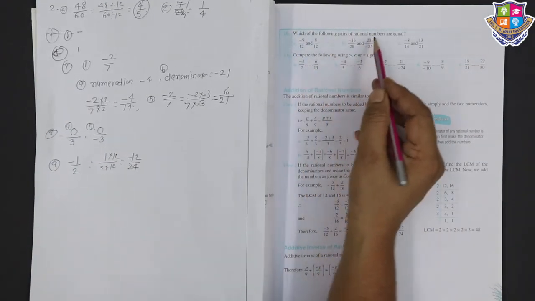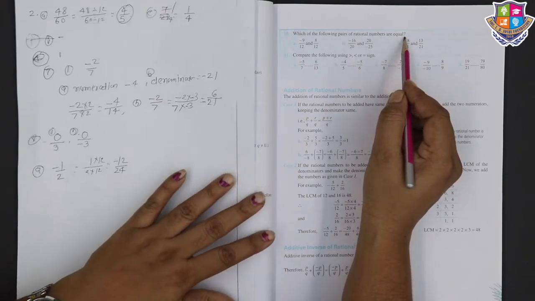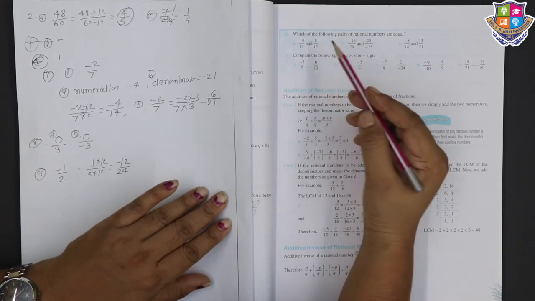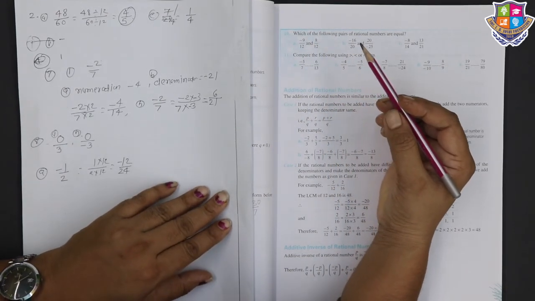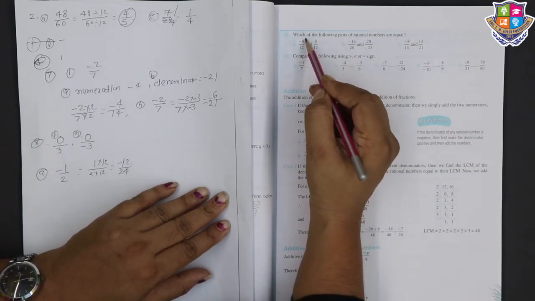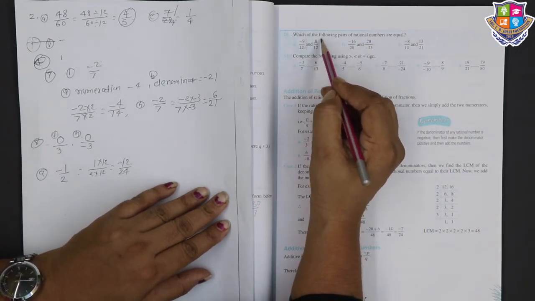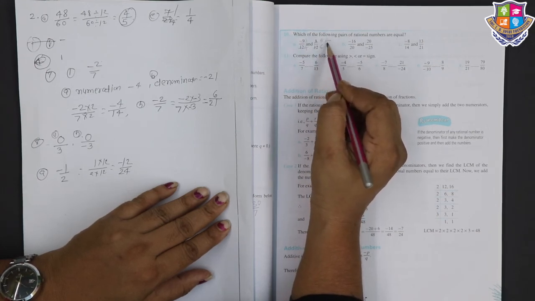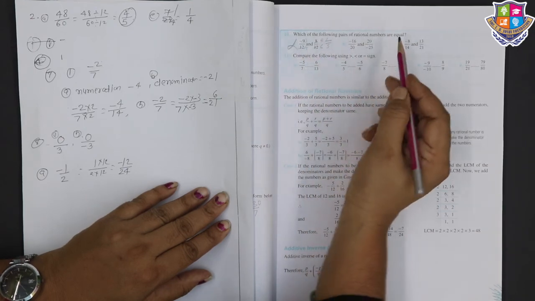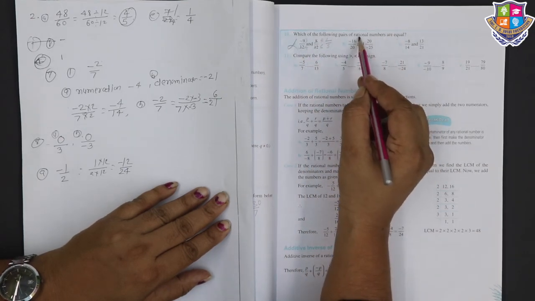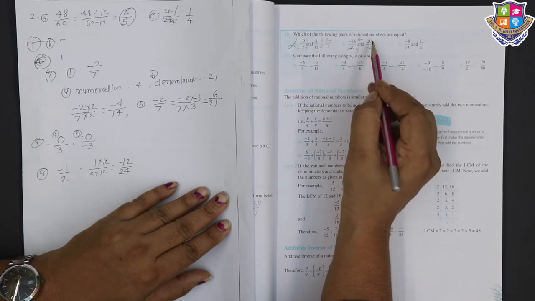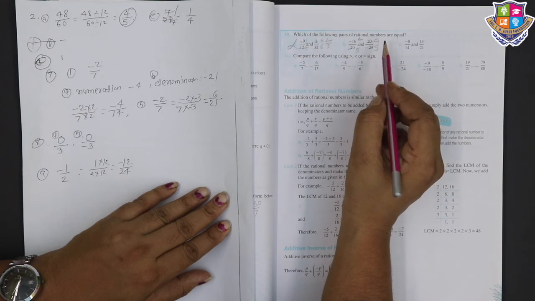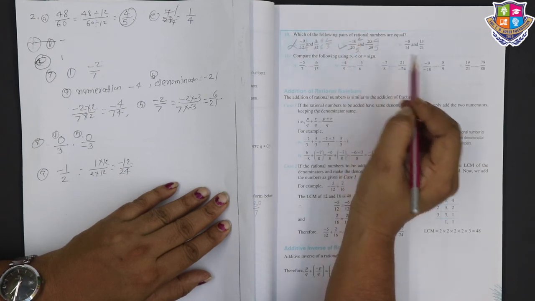Which of the following pairs of rational numbers are equal? So for equality, what you have to do is see here 9 upon 12, 8 upon 12. Make it first into the simplest form, the smaller form. No, it is not. Okay. 20 upon 16 means 4 4s are 16, 4 5s are 20. So it is, because both are 4 upon 5, 4 upon 5.